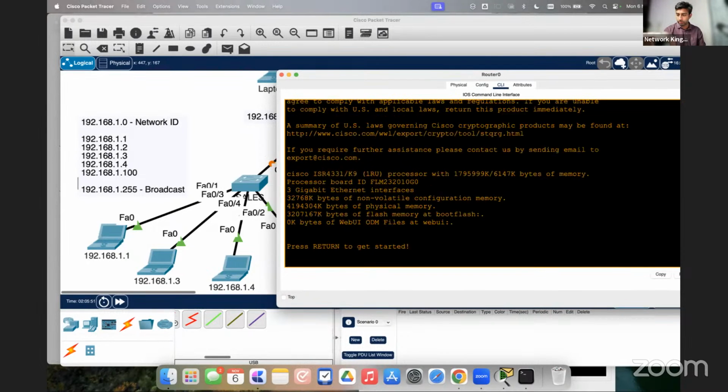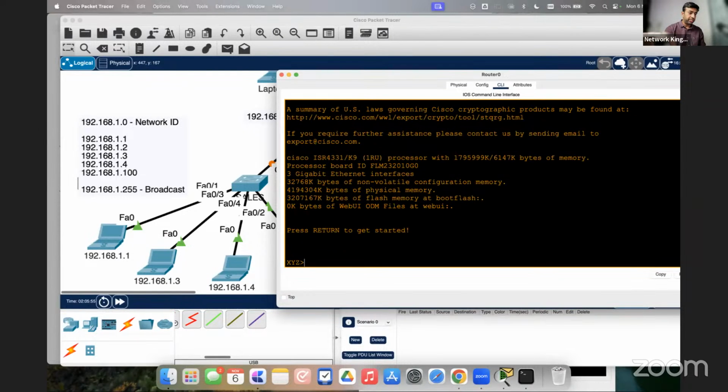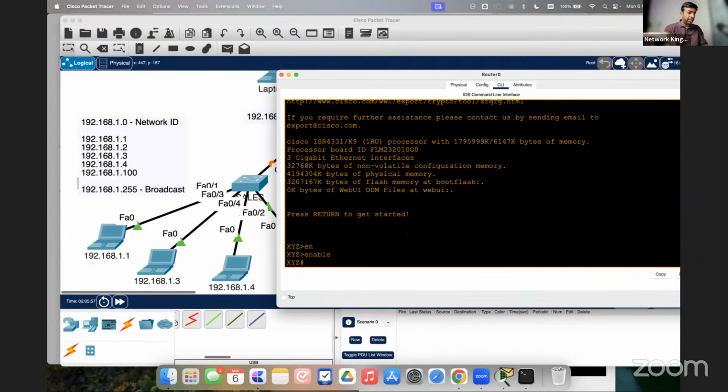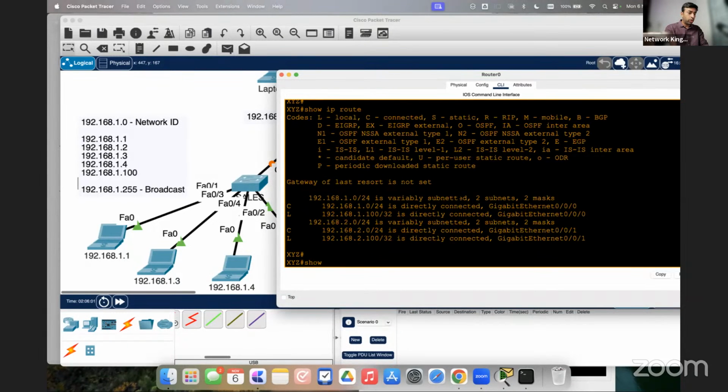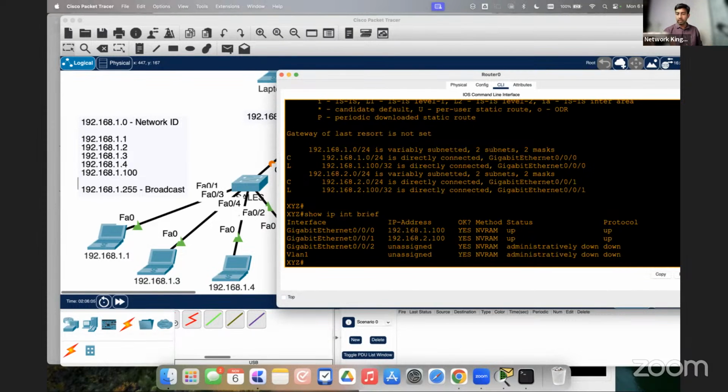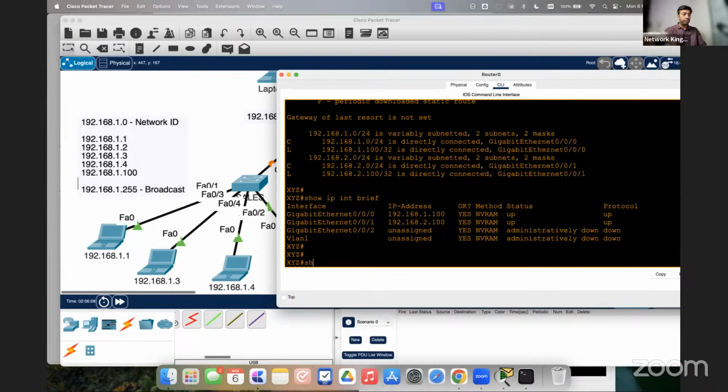Yes, I'm good, Ahmed. Okay, so you can see XYZ is there. Enable. How to check IP address? Show ip route. Show ip interface brief. Can you see everything is there in my device? We have not lost anything. Yes, because all that configuration is in my